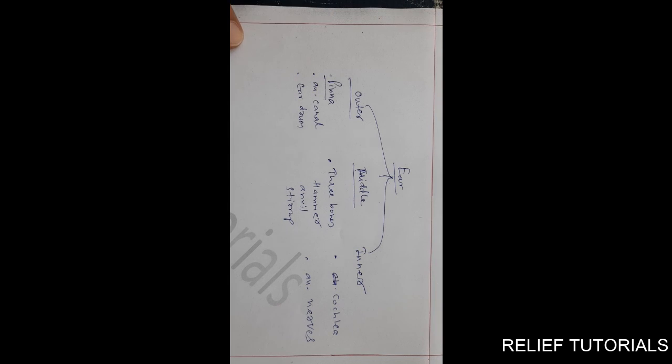What does pinna do? Pinna reflects sound waves towards a canal. What does canal do? Canal reflects the sound wave multiple times and carries it towards the eardrum. Eardrum receives the sound waves. That received sound will be amplified by the middle ear part. That amplified sound then passes towards the cochlea. Cochlea converts sound into electric signals, and that signal is then carried towards the brain with the help of nerves. And what does brain do? Brain interprets that sound.